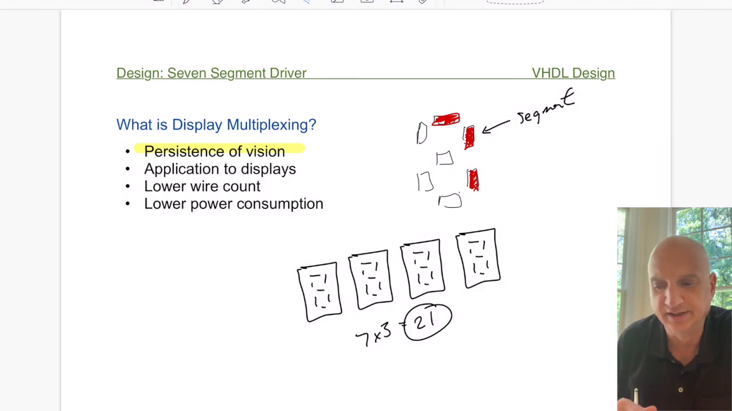So what we do is we take advantage of the persistence of vision that people have, and we basically only light up one at a time. So we'll light this one up, and then when that goes away,